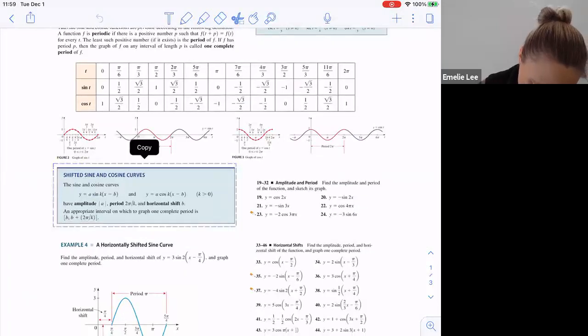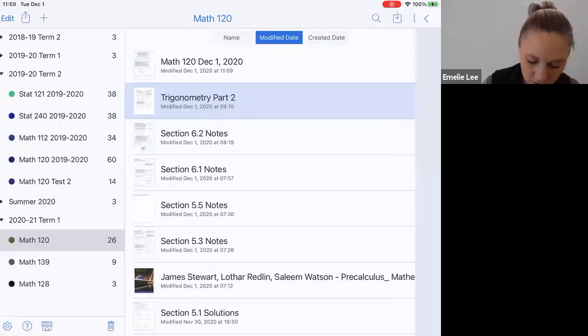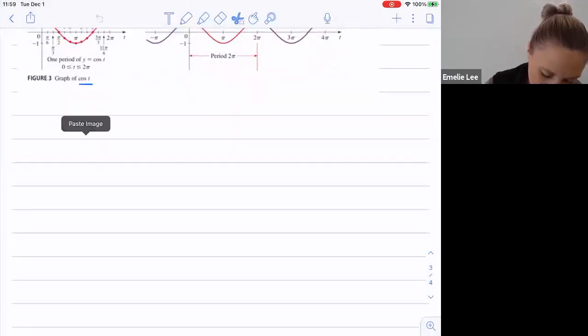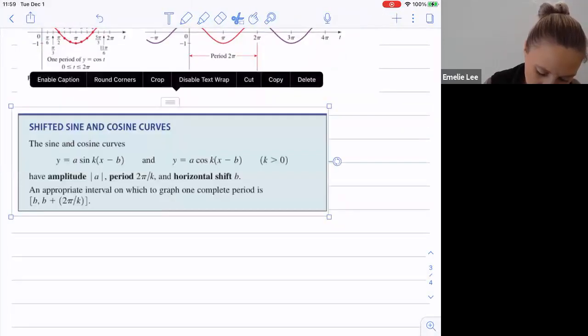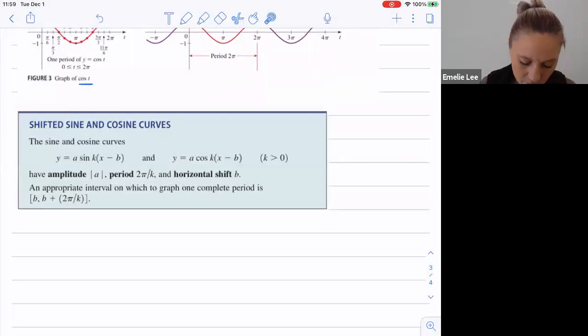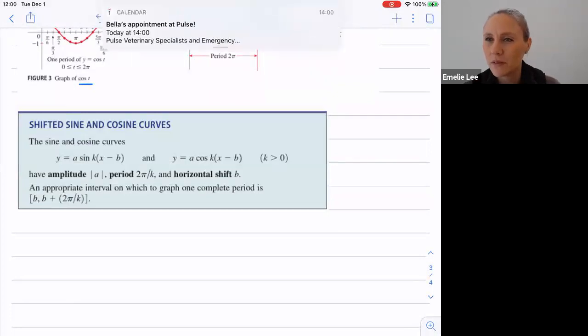So what do these shifted sine and cosine curves look like? And how do we get some of this information? So remember the standard form of a quadratic, right? So at the standard form of a quadratic, we had to,